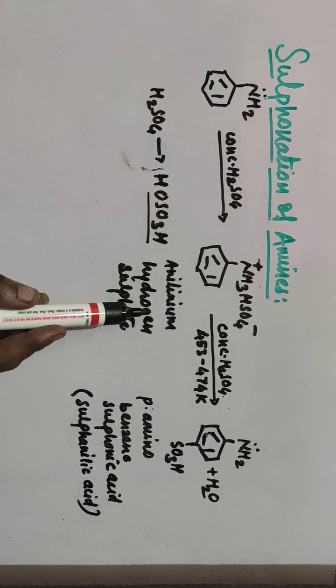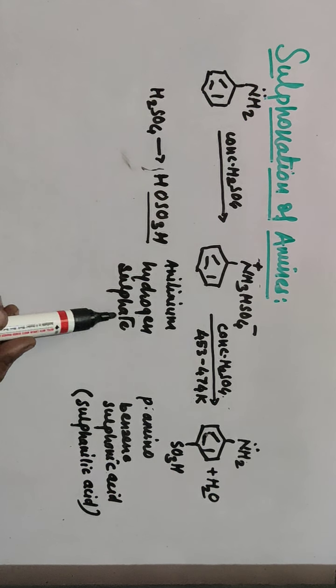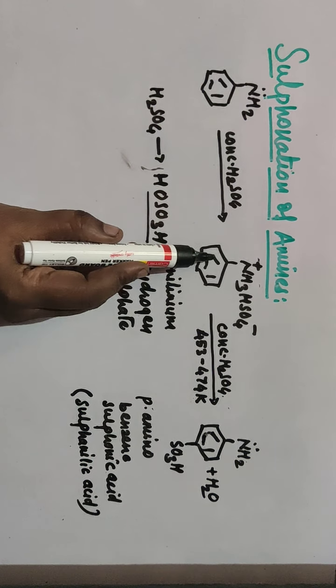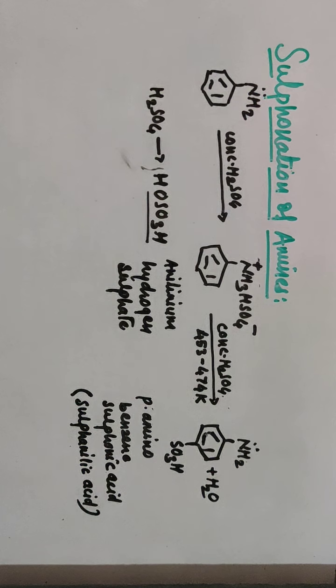Actually if you consider this compound, anilinium hydrogen sulfate, it contains NH3 plus ion, and last time in nitration reaction I told you wherever there is a formation of meta compound, wherever NH3 plus group is present, it is an electron deficient group and so it withdraws electron pair from the benzene ring and hence meta position becomes active here. So actually instead of para compound you should get meta compound, but you are getting here para compound as it is symmetrical also, and to avoid steric hindrance.